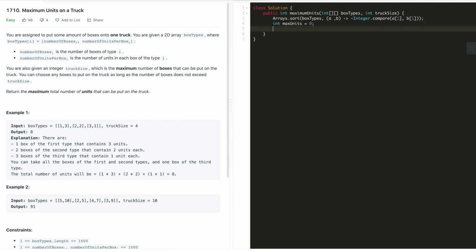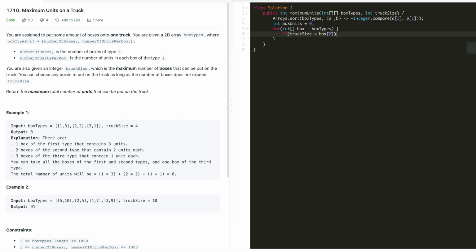Now we will iterate through our boxes, a pair of box in boxTypes. First we will check if the remaining truck size is lesser than the number of boxes in the current box type we are processing, at index 0.